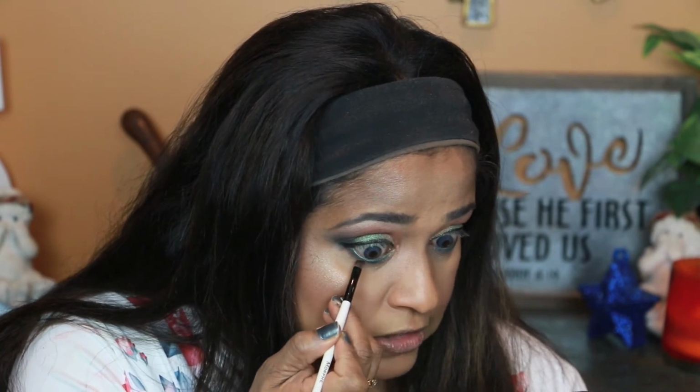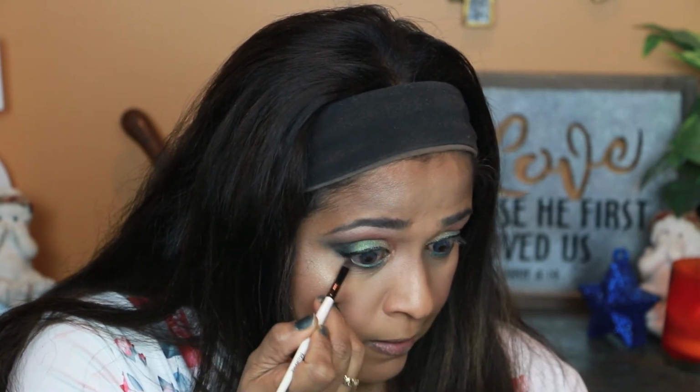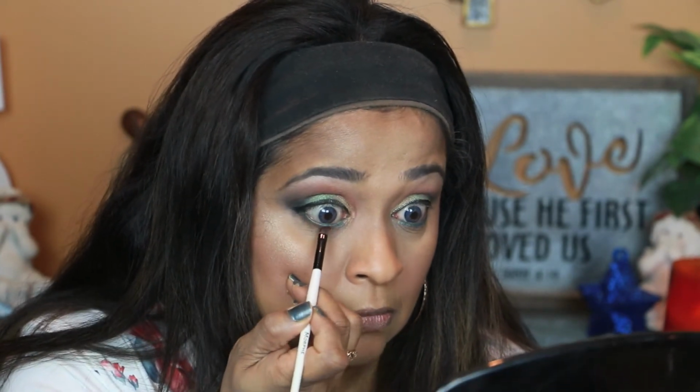I think I want a little bit of brownish color underneath, so I am gonna go into the Sienna from Glam palette, and I'm just gonna at the edge place that. Yeah, that softens it up a little bit, so it's not such a harsh green. Okay, so now we're going to move on to